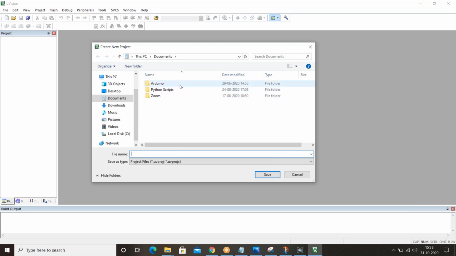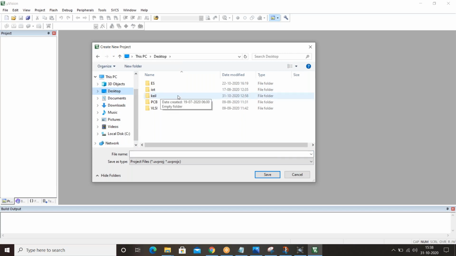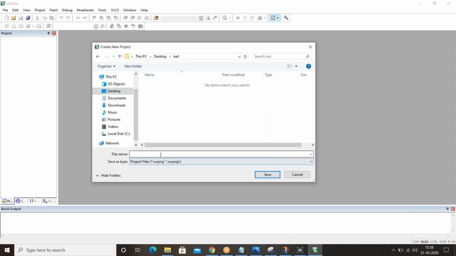Here you have to save the file, so try to keep a new folder on the desktop. I choose Keil, and in this Keil folder I save it as LED. The path is most important, because the microcontroller will understand the hex code.